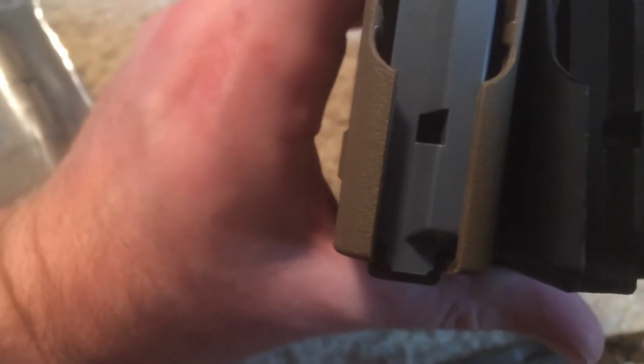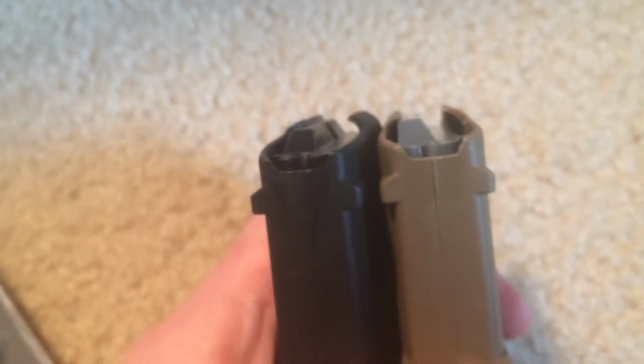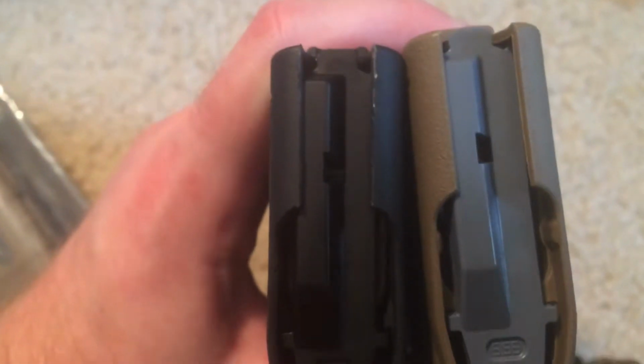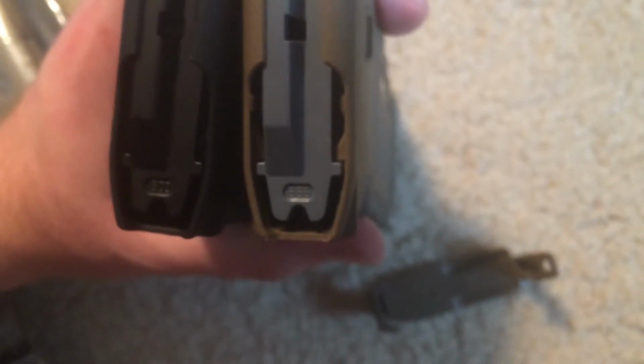But like I said, the followers don't look any different. Let's look at the front here. That looks the same. Feed lips look the same. I'm just not seeing a whole lot of difference besides what's down inside